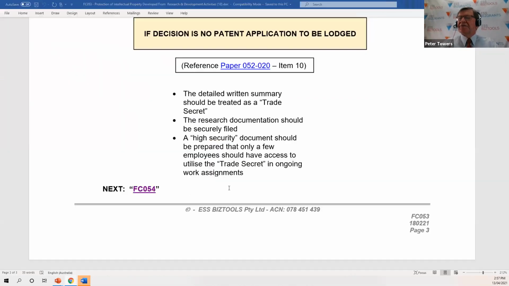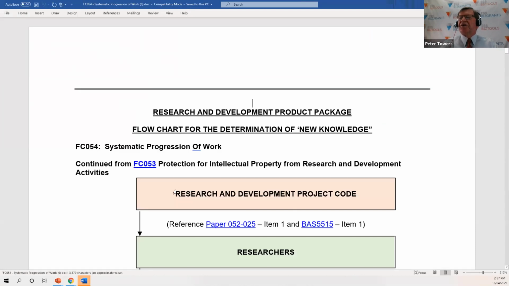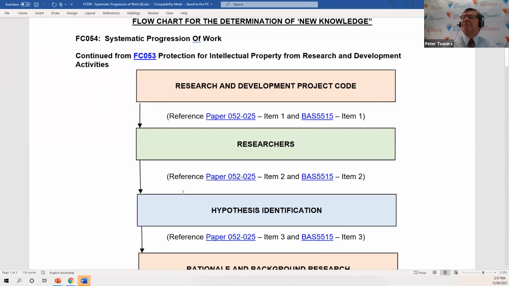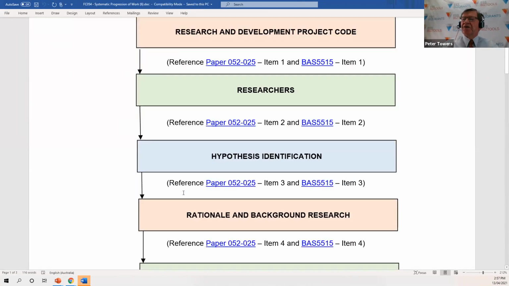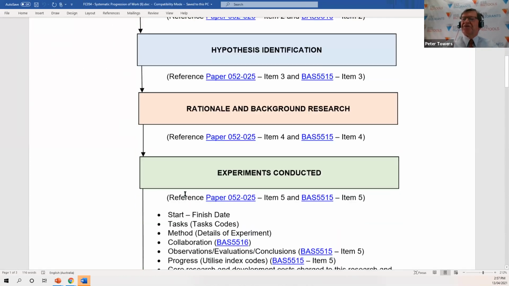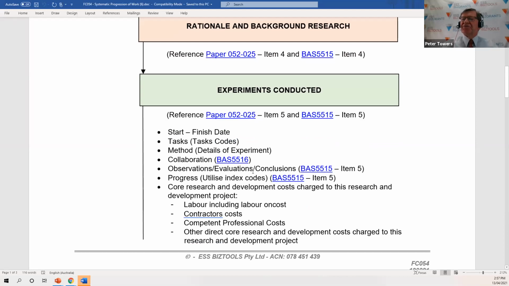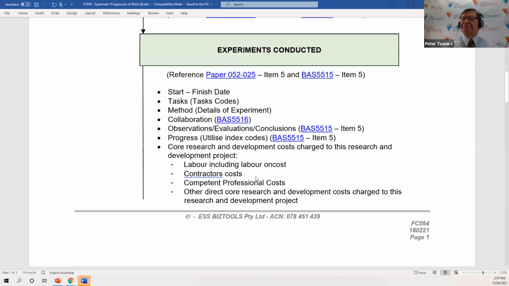I've talked a fair bit in our presentation on the systematic progression of work. This is just the form that's summarizing that. The experiments need to be recorded and documented, and there's forms there to assist you in doing that, or your